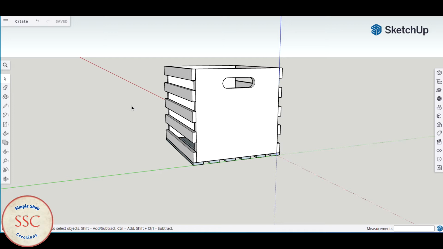In this video, I'm going to go through the steps used in the free version of SketchUp for the web of how to design this crate. Before we begin, I'm using a Windows PC, so all my commands will be based on a Windows PC keyboard. In this particular drawing, we will access various tools, as you can see here on this